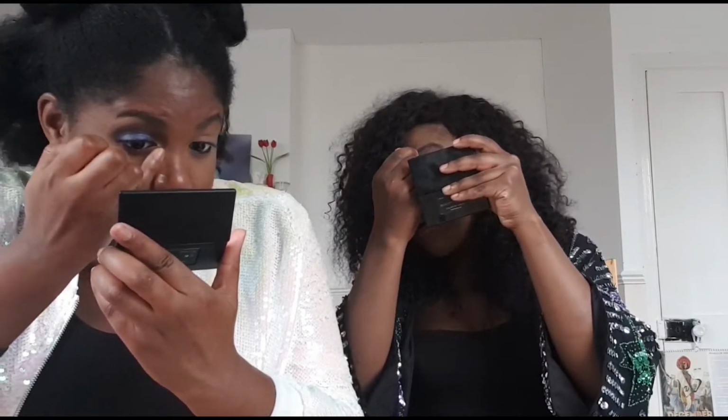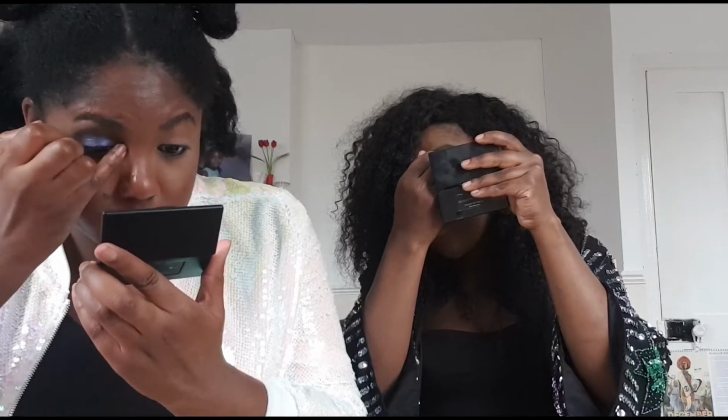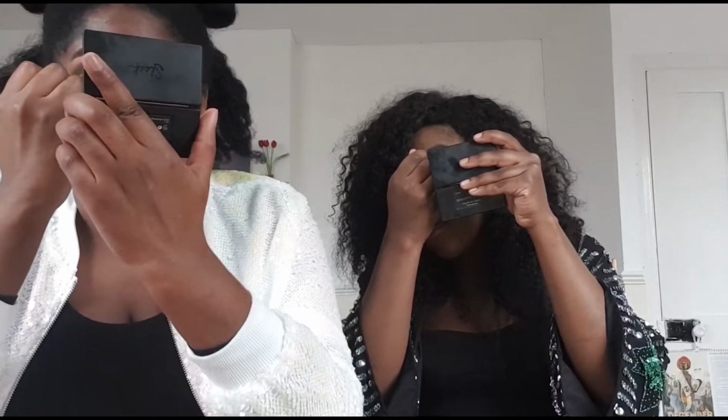I feel like being a makeup artist, you really have to know how to colour coordinate. You really do. You have to know your colour theory and stuff, because you can't just put any old colours together, otherwise it just will not work. Your technique can be amazing, but if you don't know how colours work together, then...